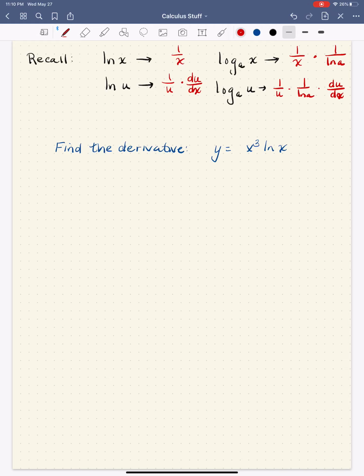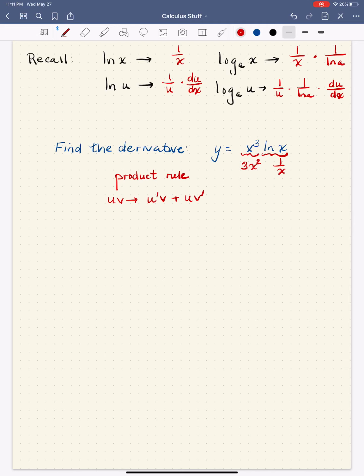So let's use the natural log function within others just to get some more practice with derivatives. So here what you notice is that we're going to need the product rule. And that's because we're multiplying x cubed times the natural log of x. So remember the way the product rule works, if you have u times v to start with, the derivative is the derivative of the first part times the second, plus the first times the derivative of the second. So the long and short of it is we need to find the derivative of each piece. So the derivative of x to the third is 3x squared, and the derivative of natural log of x is